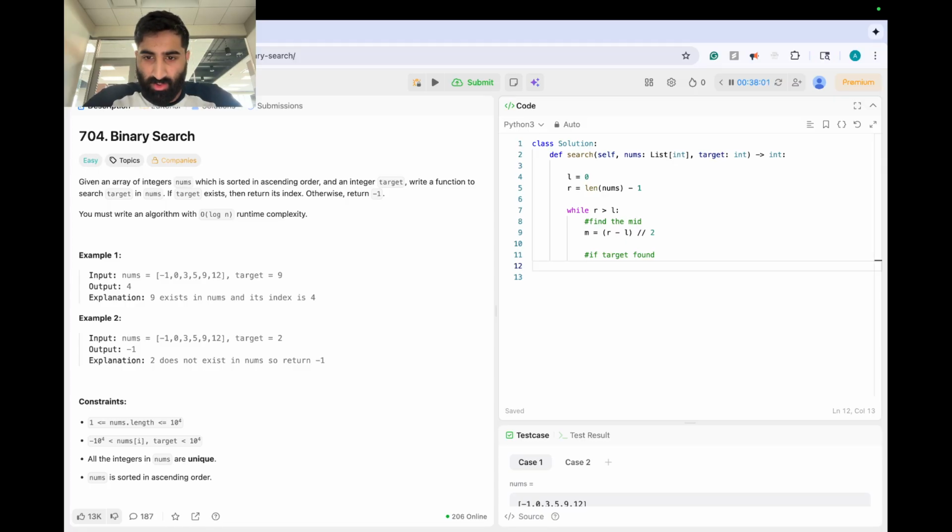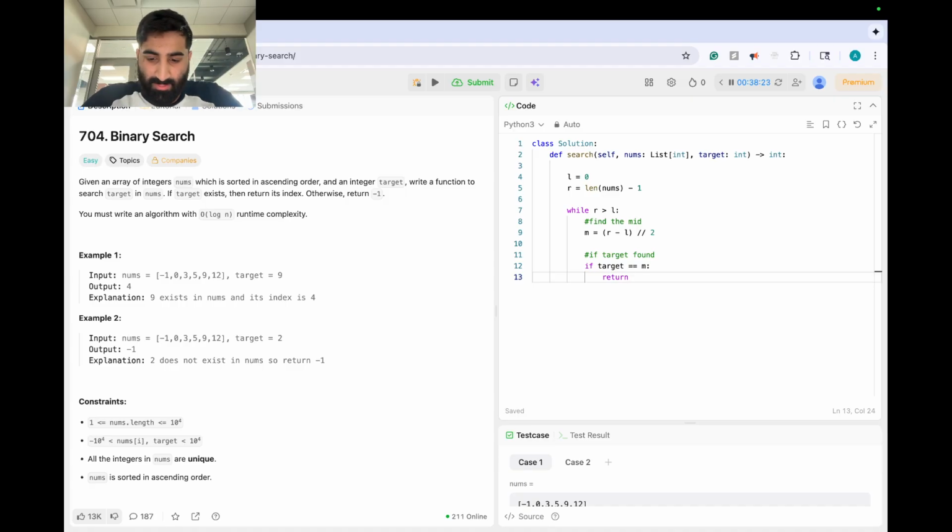I think I'm blanking out. One second. So target, yeah, of course. If target is found, we're going to do, if our target equals m,